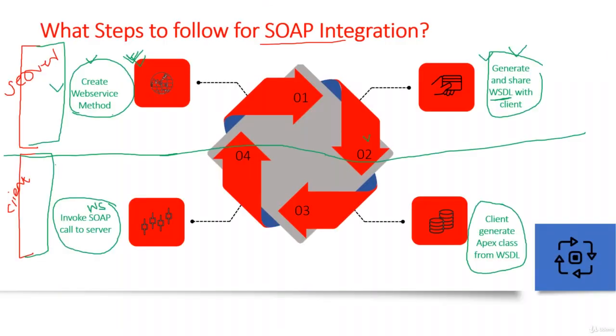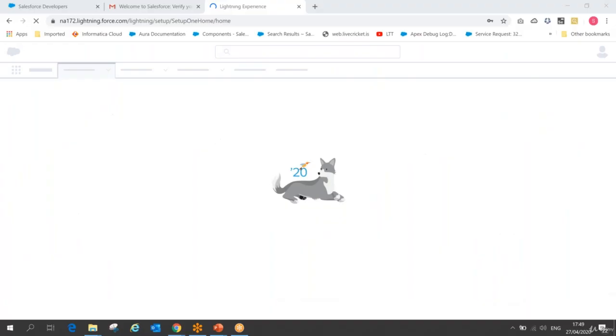Now I am going to write one web service method. When I say I want to write a web service method, what does it mean and how can I write it? As I said, when I want to communicate between two systems, the server will expose one web service. How will it expose it? As a WSDL file. To expose that WSDL file, or expose a web service, the server needs to have one web service method. So let me see what this web service method is and how we are going to write it.